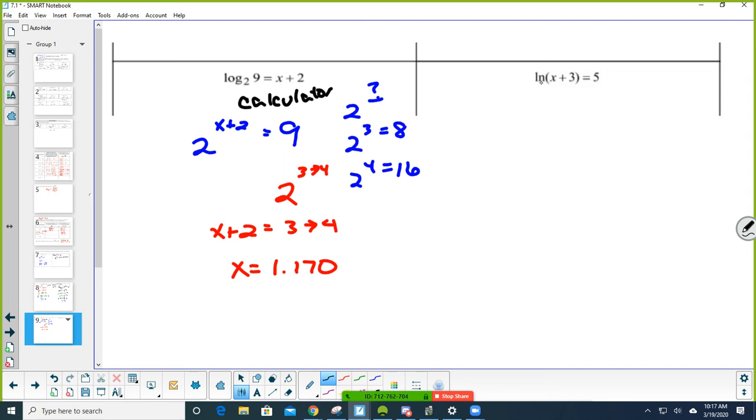Again, to get rid of the ln, rewrite it, like you put a little e down there, and you're going to say e to the 5th equals x plus 3. And then if I want x, if I want the exact answer, there's my exact answer. That's the best answer you can have. But if they want it to 3 decimal places,